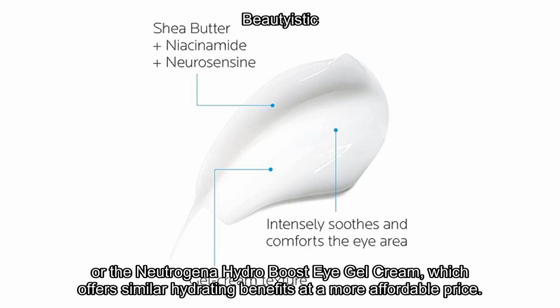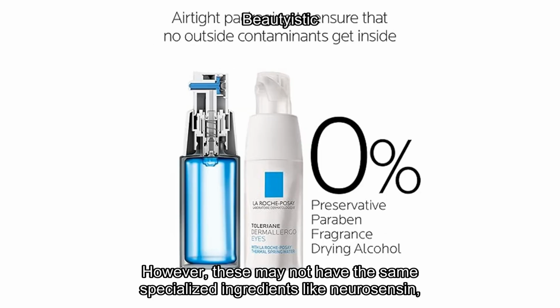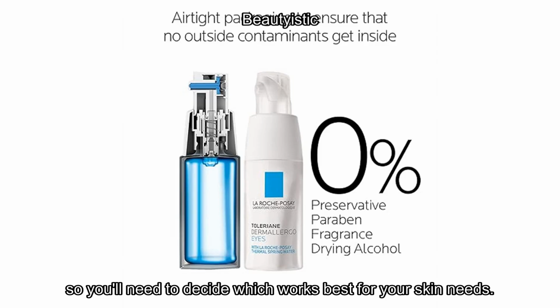Eye Repair Cream or the Neutrogena Hydro Boost Eye Gel Cream, which offers similar hydrating benefits at a more affordable price. However, these may not have the same specialized ingredients like neurosensine, so you'll need to decide which works best for